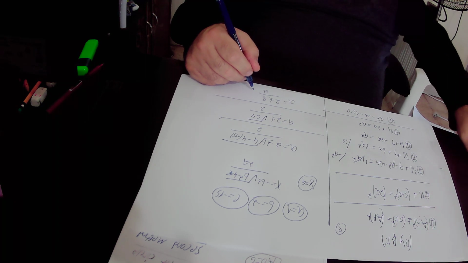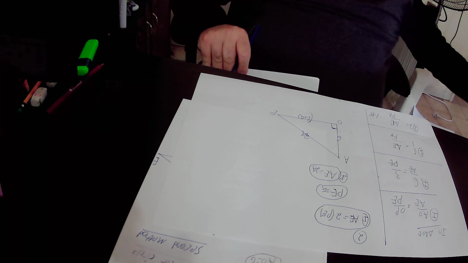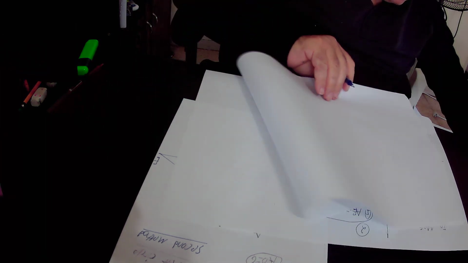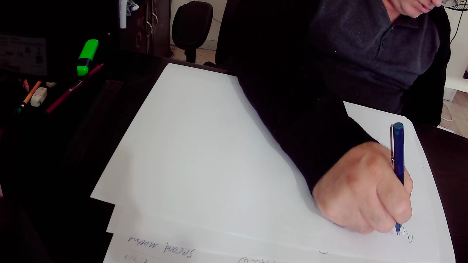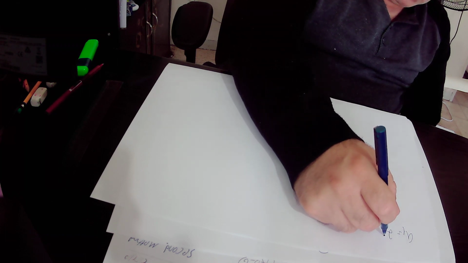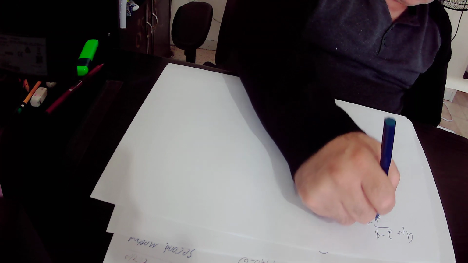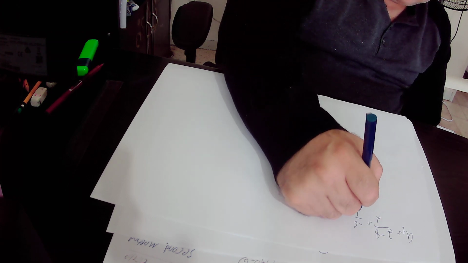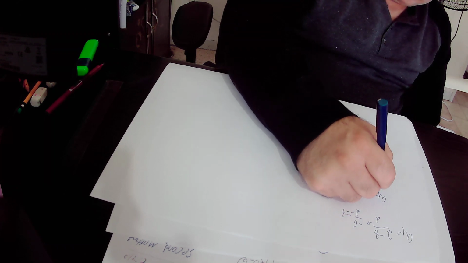Here we have two possible solutions for a. The first solution, a1 equals 2 minus 8 over 2. 2 minus 8 is minus 6, and minus 6 over 2 is minus 3. So a1 equals minus 3,